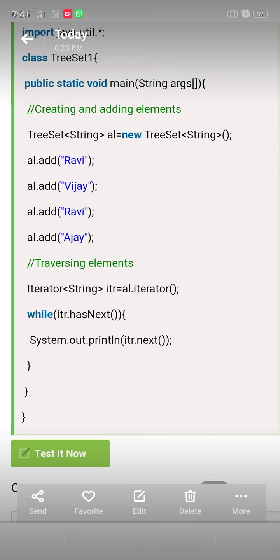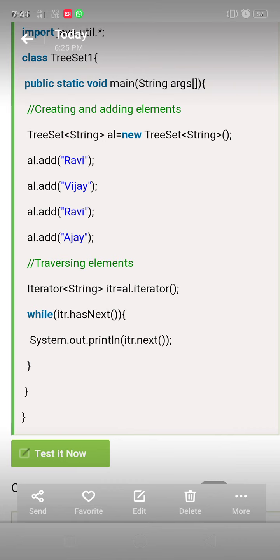Then the while loop parameter becomes true, and it goes to the statement present in the while loop, which is System.out.println. It prints whatever element is there in the collection by invoking the predefined next method. By invoking the next method, it checks the element present in the collection, takes that element and prints it.